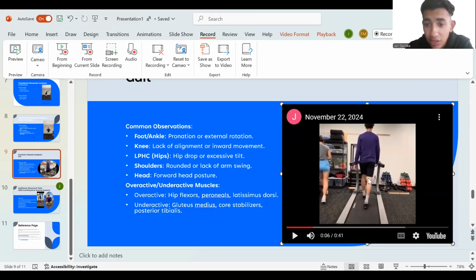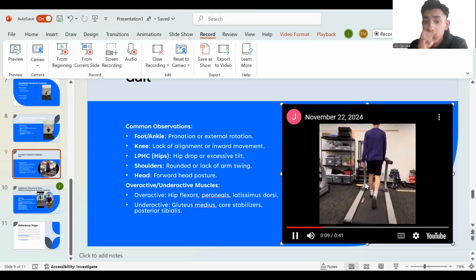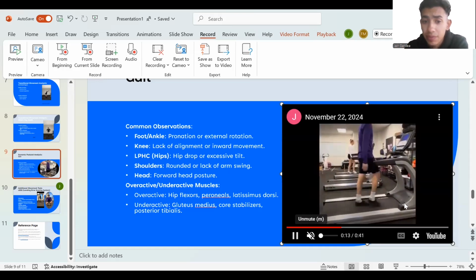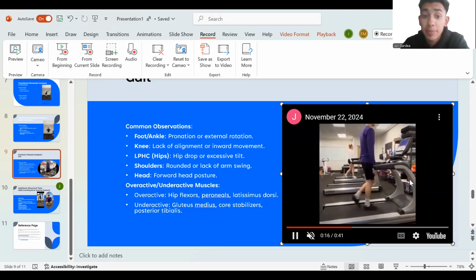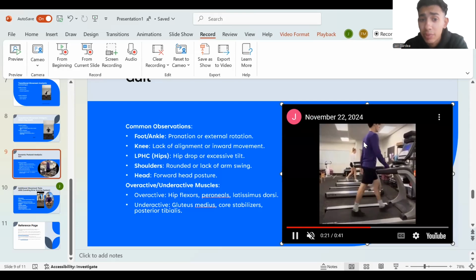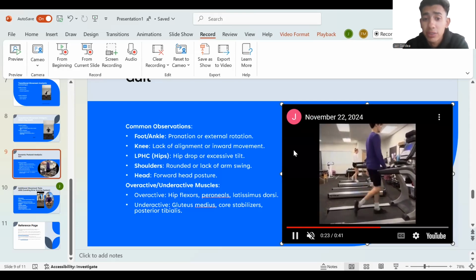As you see right there, I believe you do see a little bit of foot pronation, and that could be a result of the peroneals. Not only that, but also a lack of alignment. You can kind of see the knee going inwards during this. And you do see a hip drop as well. And not only that, but you could see rounded shoulders here and a little bit of a forward head